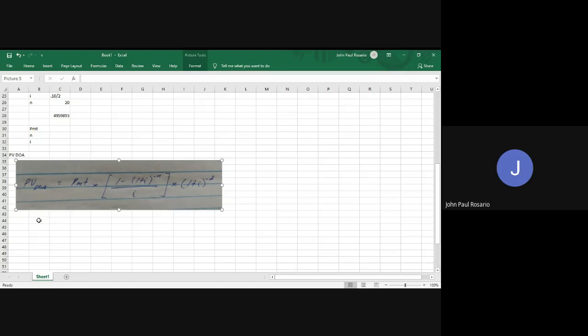Okay. So the problem is: find the present value, assuming that payments were made during, find the present value of an annuity of 1,000 pesos payable at the end of each quarter for 6 payments.